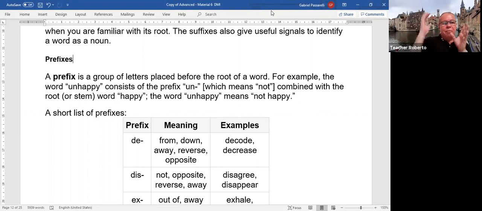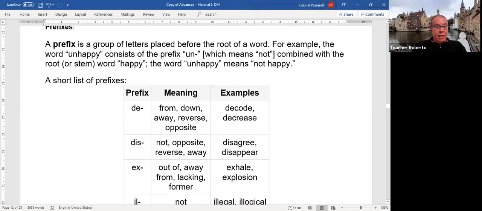Many times we see a word and we think, what is this, teacher? Stop. Look for the root or the stem. If you understand happy, unhappy is not happy. What if I have unhappily? That's the adverb of unhappy. Understand? So we can keep adding prefixes and suffixes to a word, but if you understand the root of the word, it's easy. So we have here a list of the most common prefixes, their meaning and examples.